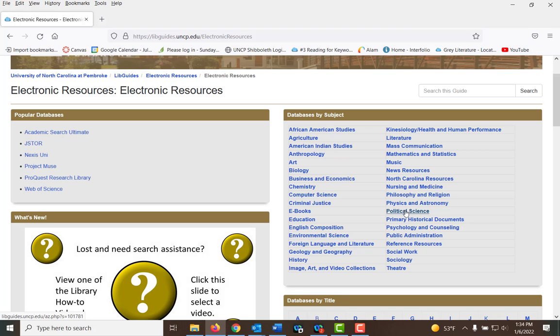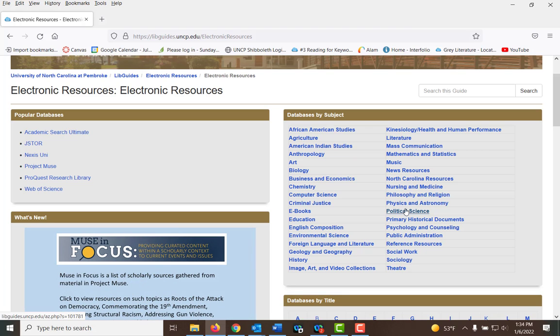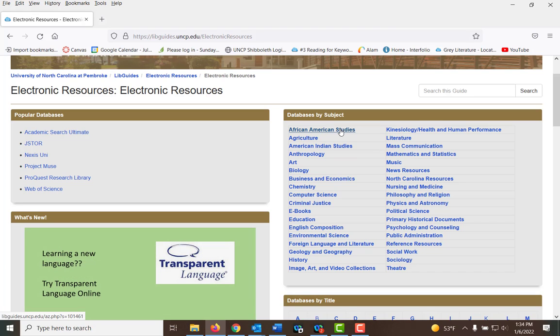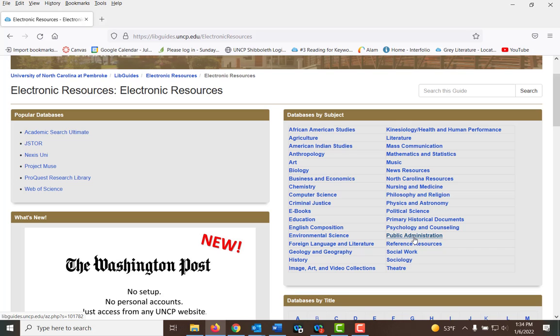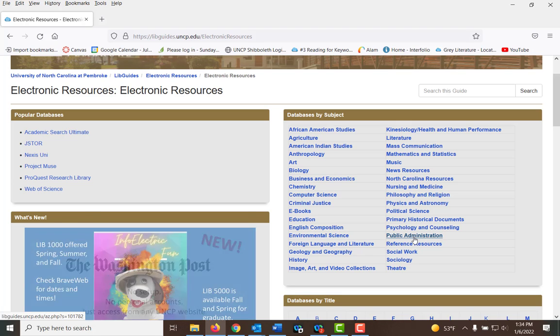Usually what I recommend is you go under the item that fits the courses you're selecting. Most MPA people will be going under Public Administration and choosing additional databases related to their subject area.